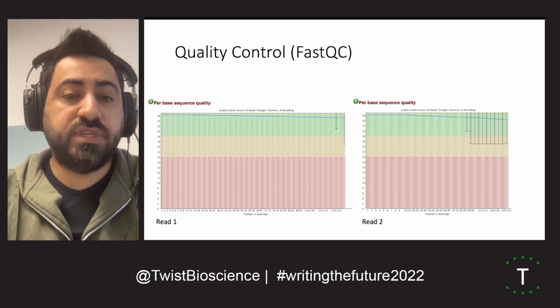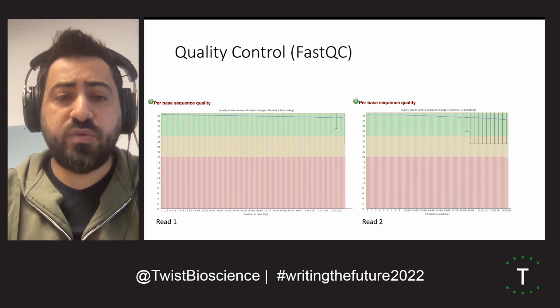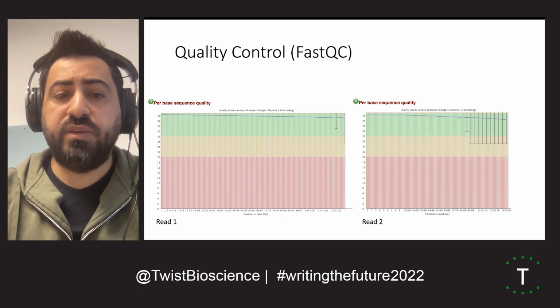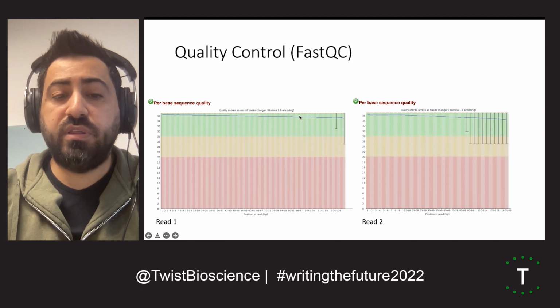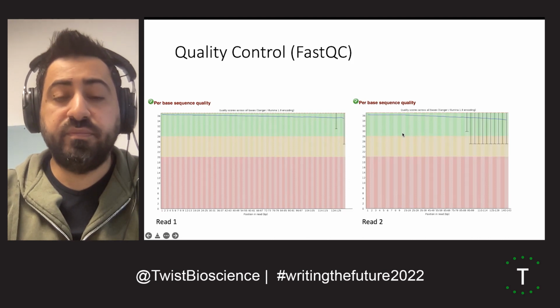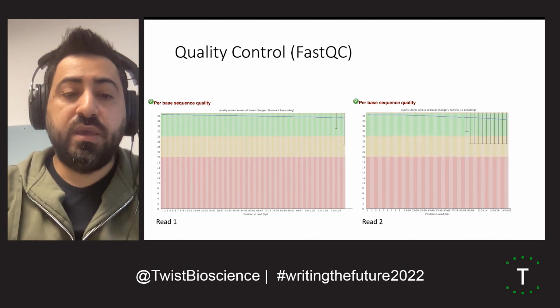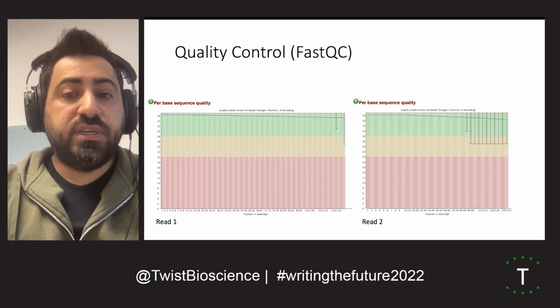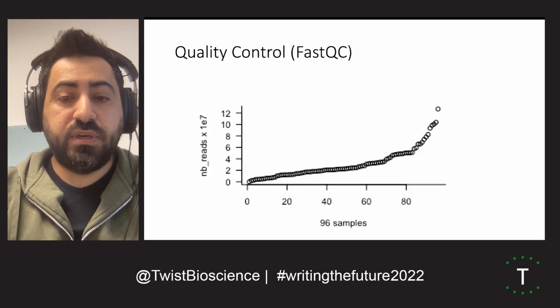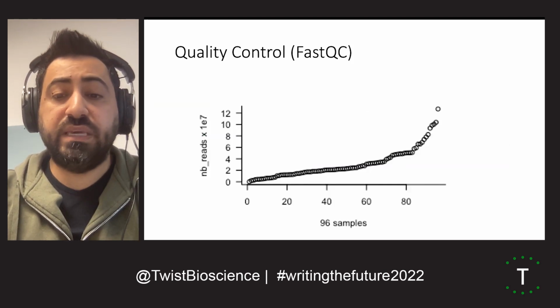What we get from the sequencing facility back is FastQ files, and I check the quality of those files by using the FastQC software. And as you can see, those two are the read 1 and read 2 of the same sample, and they are representative of the other samples. That's why I chose them. So the quality of the data looks good, but